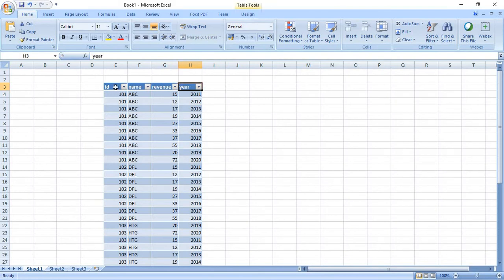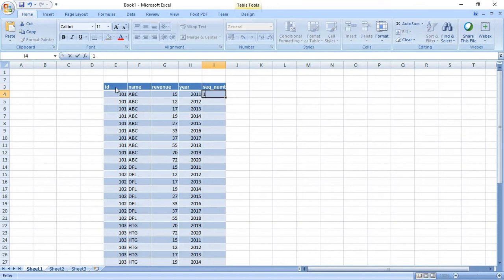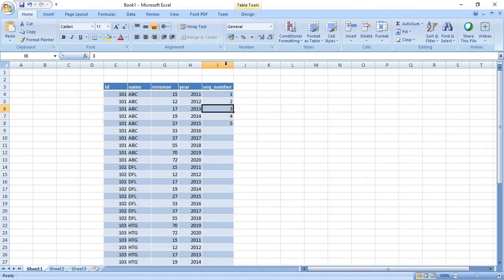This is a table which is already present, and we wanted to have a sequence number for this table like 1 2 3 4 and so on. This is one of the problem statements that we are going to solve with this running number.